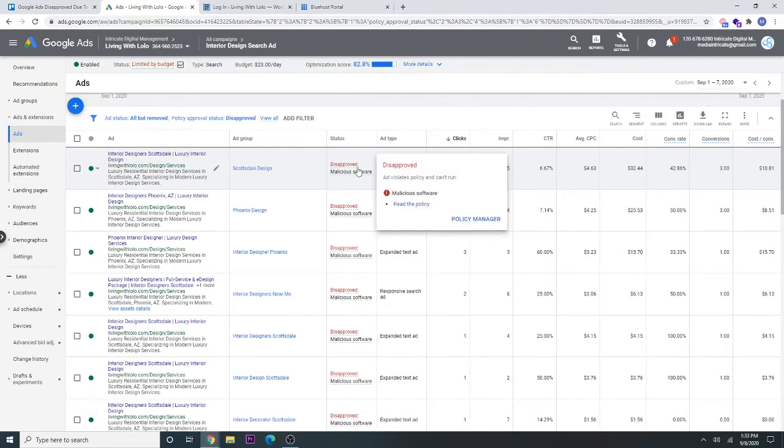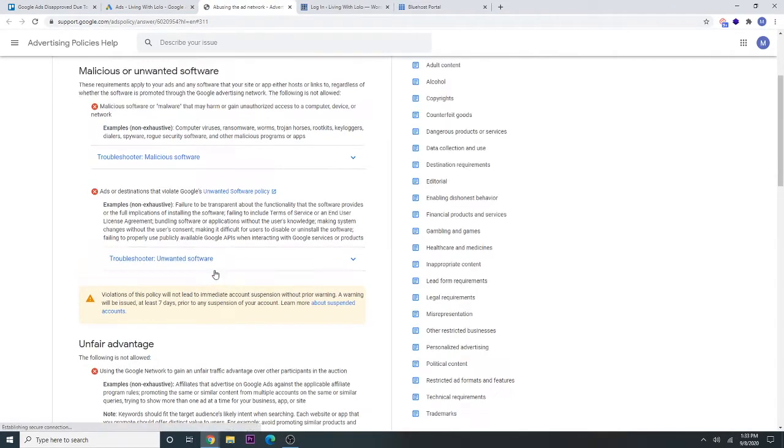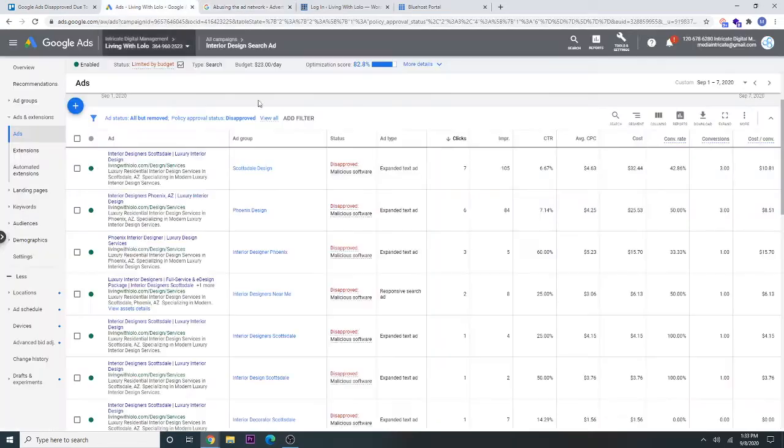So if we click on it here, you can read the policy. Maybe it's not specifically stating the same thing as it's stating here, but it's really important that you read the resources that they give you before you actually go to support, because these pages are meant to actually answer your questions. So right here, you just read this. I want to help facilitate this process, but again, for future proofing, you want to make sure that you take advantage of these policies that they recommend when you get a disapproved ad.